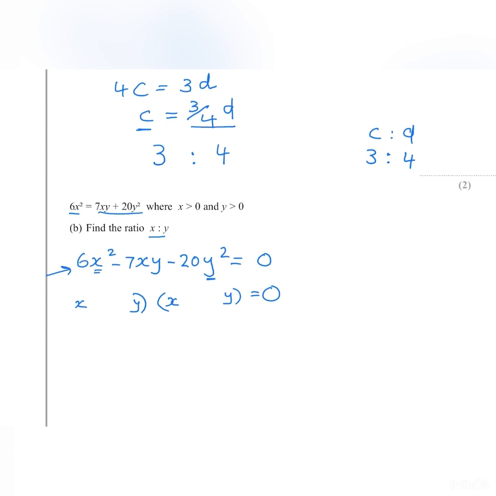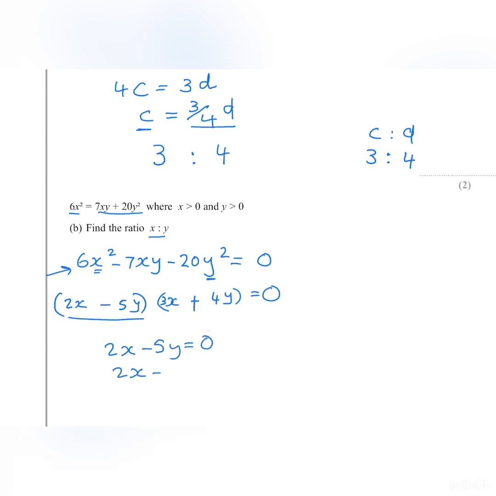So let's just put 2x over here, and we got 3x. And then to make 20, 4 and 5, just be careful which side each number goes. So you can do a bit of trial and improvement with the signs as well. And if you look here, the answer here, we got 5y, and we got 4y, and we got 2x and a 3x. Okay, so looking at this part of this question here, so we got 2x minus 5y equals 0,